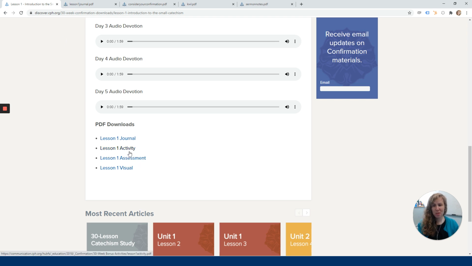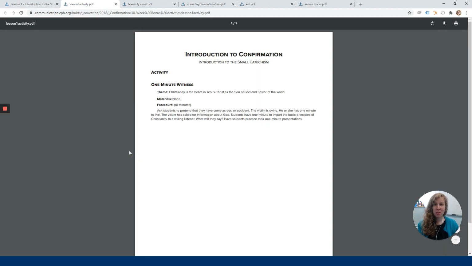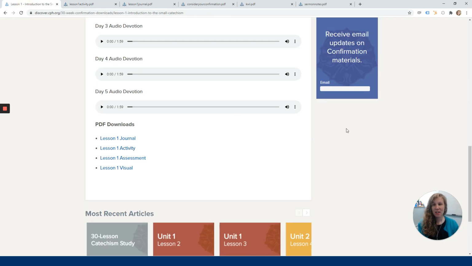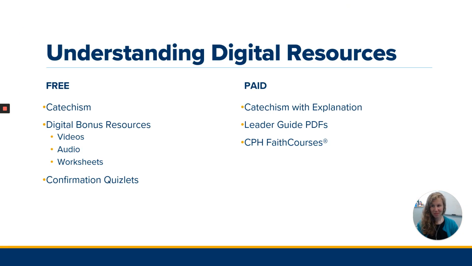There's also different types of activities. So another option you might want to do is ask students and families to complete one of these activities before they go to class, and that can serve as a springboard for your discussions about the confirmation that week. So again, this is Digital Resource Center. It's free. There's no login required. It works best when you're using it, of course, with one of these teacher and student books. But if you just want to check it out, I really encourage you to do so.